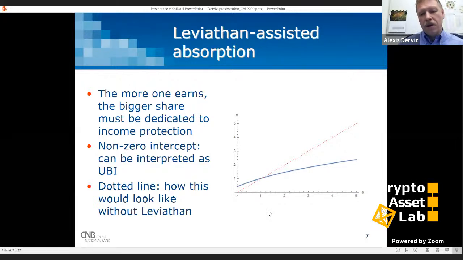This is a graphic illustration of what I'm talking about. The horizontal axis is absorption. Richer people absorb more, but instead of one-to-one from absorption to consumption, the 45-degree dotted red line, there is a reality, meaning that the more you have, the more deadweight loss you suffer from keeping your belongings intact. If you're really poor, close to zero there, then it's the other way around. You have some kind of universal basic income. It's not quite zero.